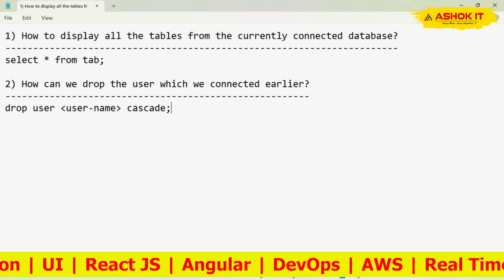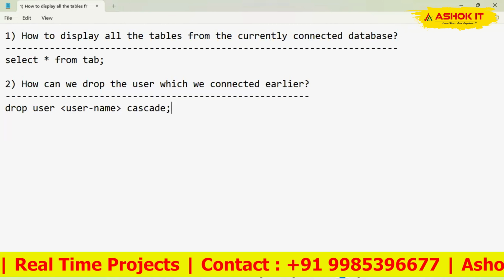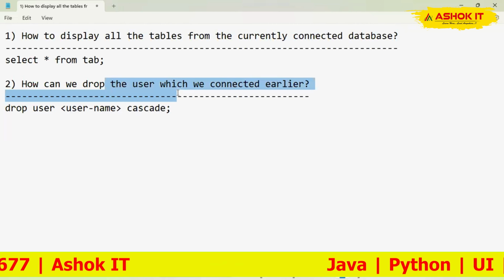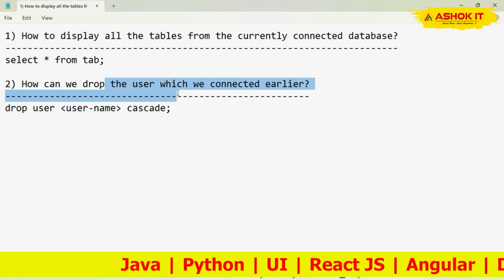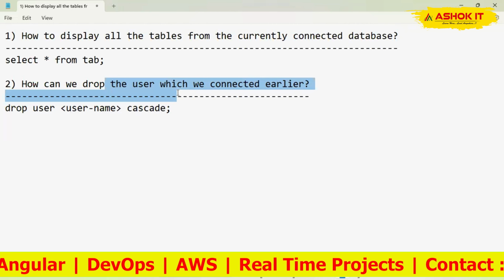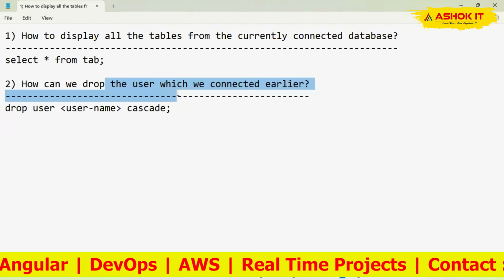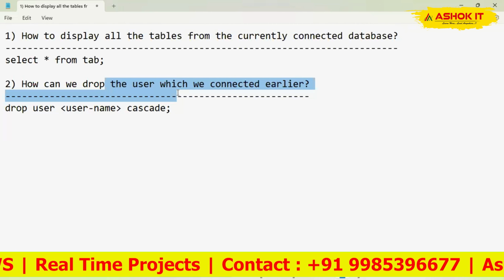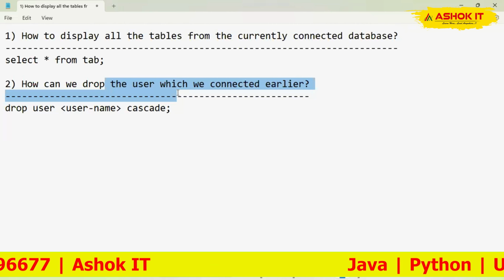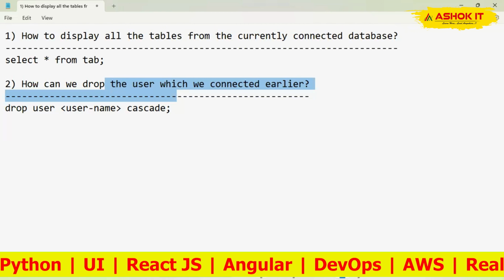By using this command, we can drop the user we want to delete from the database. So when you want to drop a user created earlier, first we need to log in with the DBA. The DBA account needs to be used to drop the user. For example, if you try to drop the user Ravi from the account of Anil, it is not possible. Only the database admin account can drop the user. So that is the reason